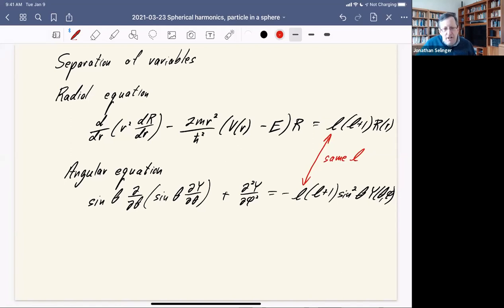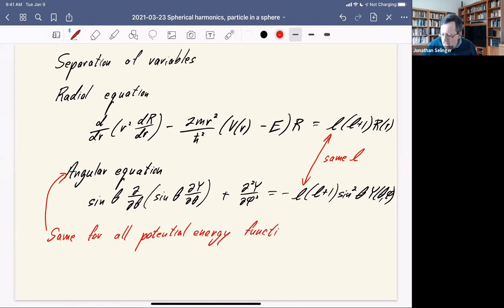So we've been working on the angular equation. And a nice feature of the angular equation is that it's the same for all potential energy functions. It doesn't involve the potential energy. So we only have to solve the angular equation once. And, well, we've solved it. Well, I didn't really solve it. I told you the solution, okay? And the solution is